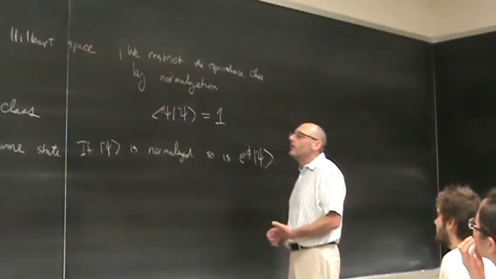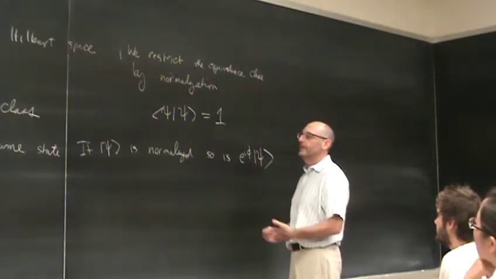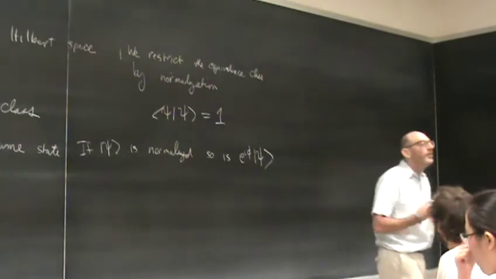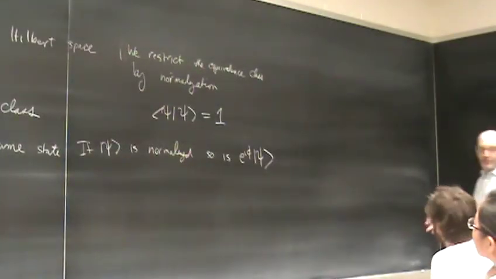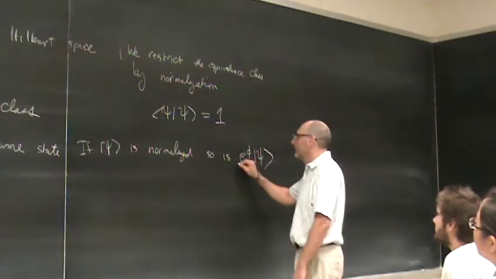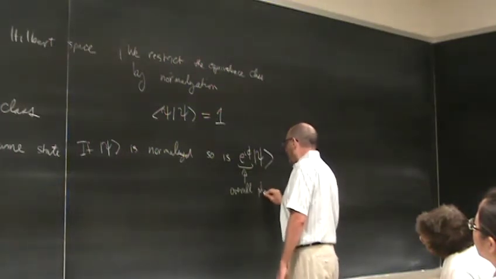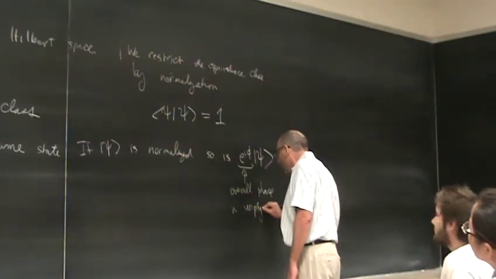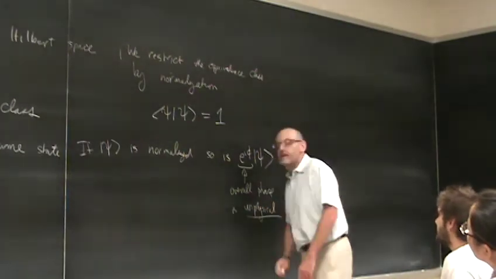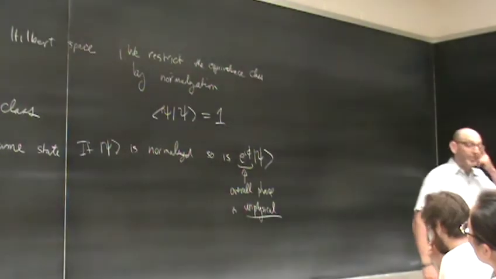So, in some sense, there's still an ambiguity, an equivalence class of vectors in Hilbert space, all of which represent the same state, even if I restrict it to be normalized. So this overall phase is unphysical. And what we mean by unphysical is that it in no way